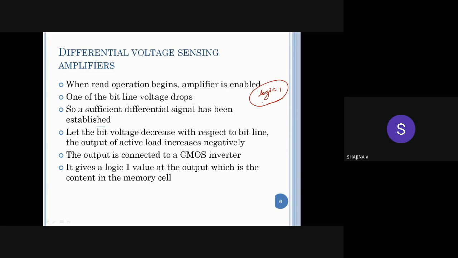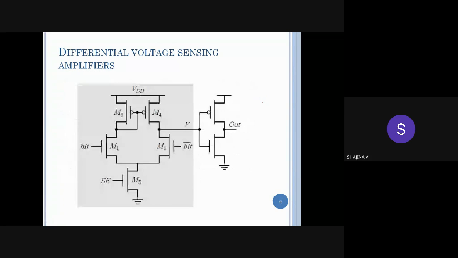Now this bit bar line and bit line are connected to the input of our differential voltage sensing amplifier, right? So at the input of M1, it is bit line, that will be a high voltage, and compared to that our bit bar line voltage will decrease during the read operation. So as the bit bar line voltage decreases with respect to bit line, we can say the output of active load, at this point here, which we have marked as Y,